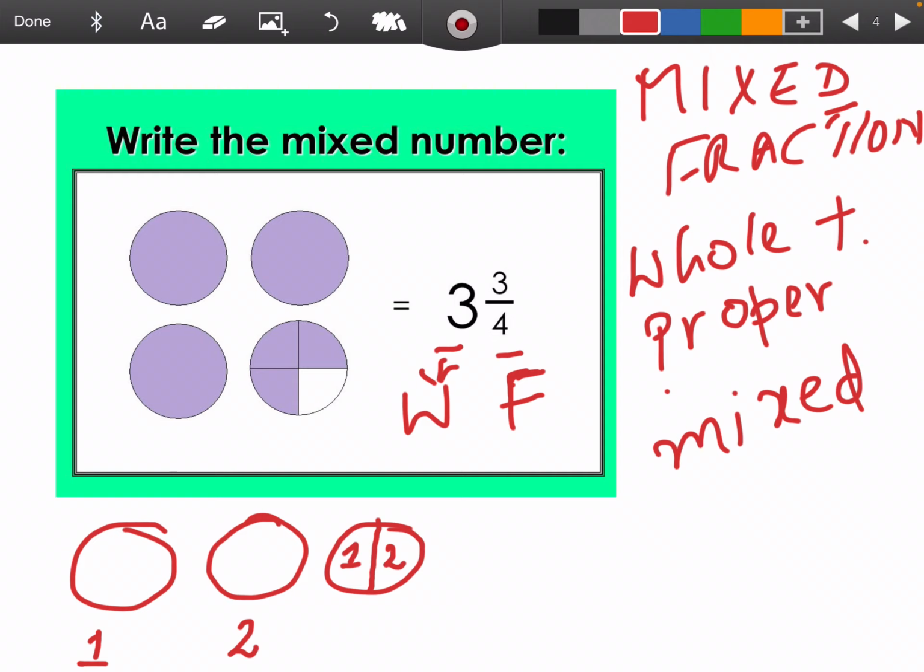So finally, how much did each kid get? They got 1 whole cookie and 1/2 of the third cookie, isn't it? So kid A got 1 cookie and 1/2 of the third cookie, and kid B also got one whole cookie and one half of the third cookie. In such scenarios, mixed numbers come into the picture, where you can get whole parts and then you share part of something. So this is one candid example.